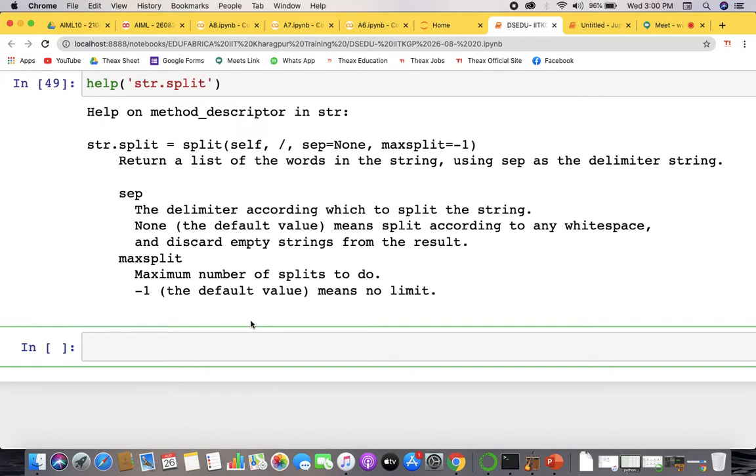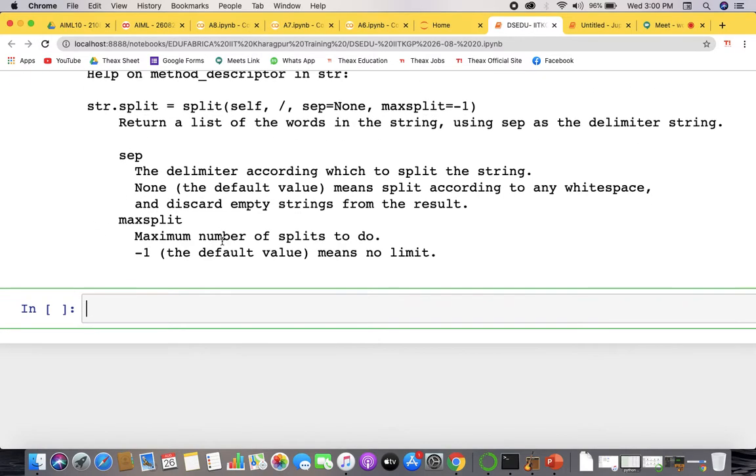All right. So it is working as sep, that is max split minus one. You can write there. So this is all about the string. Next, coming up to the list, right? So what is a list?